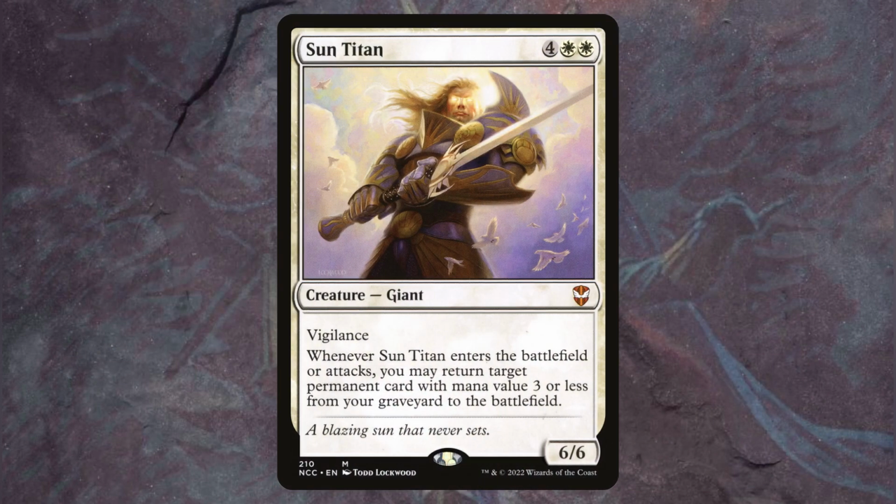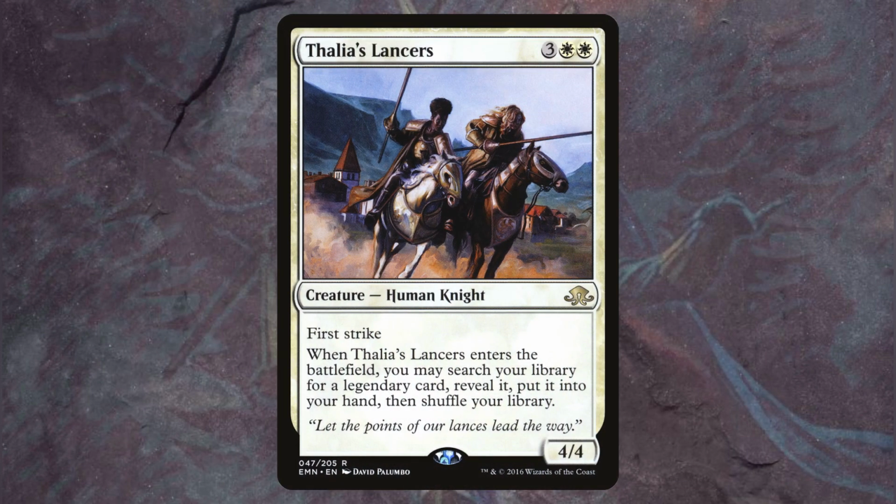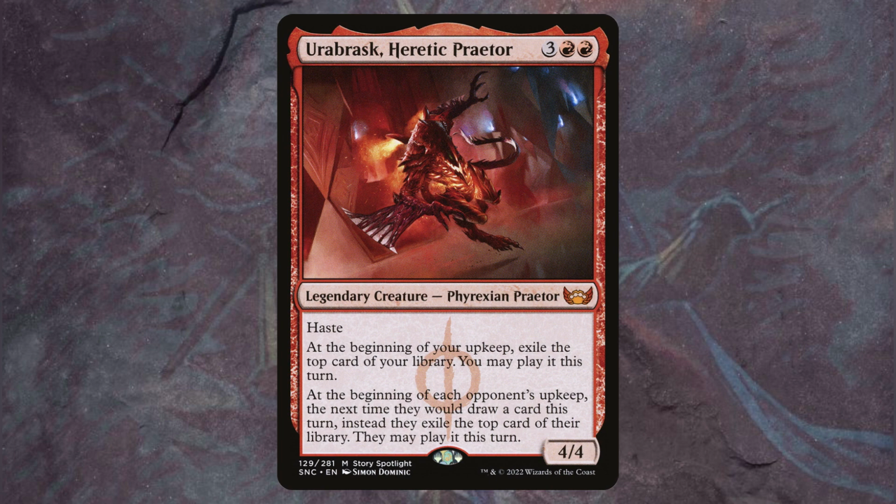Sun Titan might not be a legendary card, but man, his abilities smack. We can keep getting things back from our graveyard. On ETB, Thalia's Lancers will let us tutor any legendary card out of our deck and put it straight into our hand. Urabrask, Heretic Praetor is going to let us exile a card during our upkeep for additional card advantage,